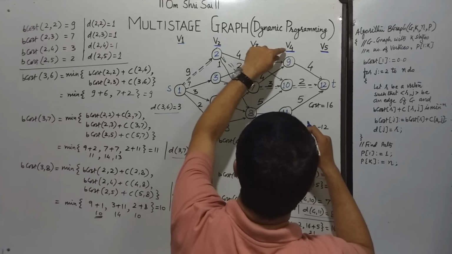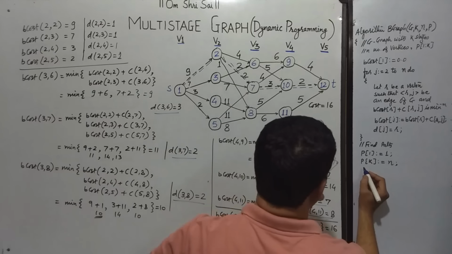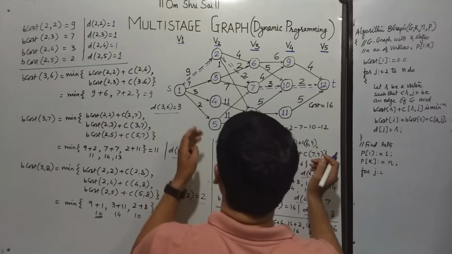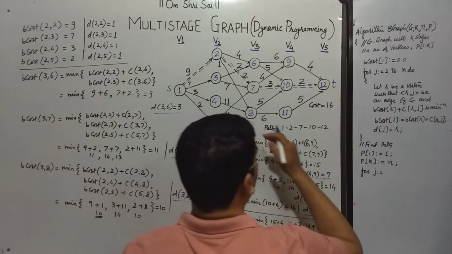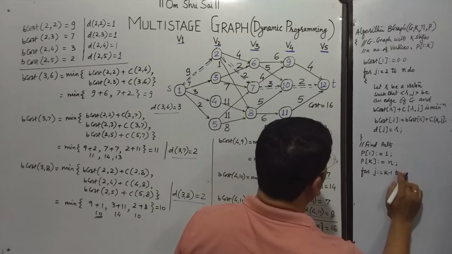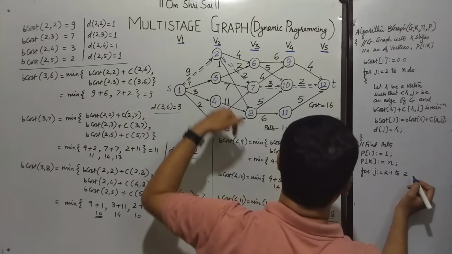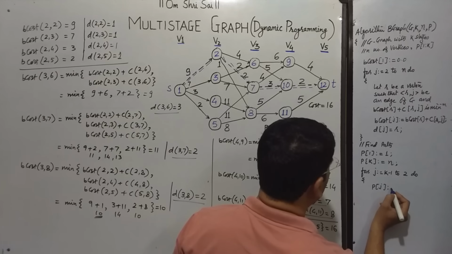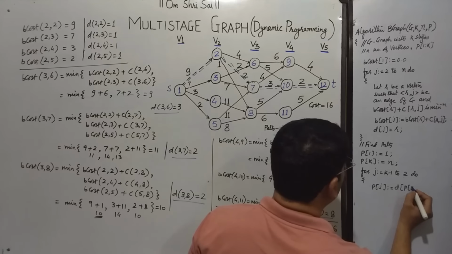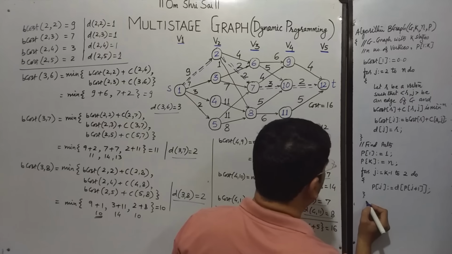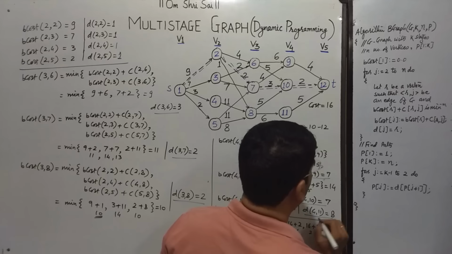तो हमें 3 बार लूप चलाना होगा यहाँ से. So let's say starting with the for K is equal to, लेकिन चूंकि ये बैकवर्ड मेथड है, हम लोग यहाँ से शुरू करेंगे. So that is K minus 1 to, कहाँ तक जाना होगा? 2 तक. 1 तक जाने की जरूरत नहीं, 2 तक बस जाना है आपको. And do perform the task. That is P of J is equal to D of P of J plus 1. So this will be the path, we'll obtain that, and that will be the closing parenthesis.